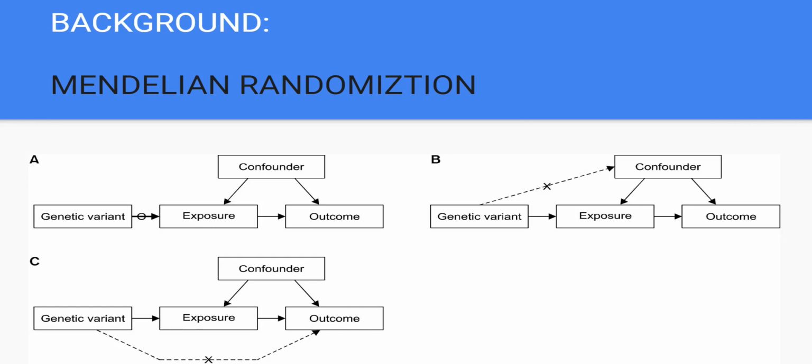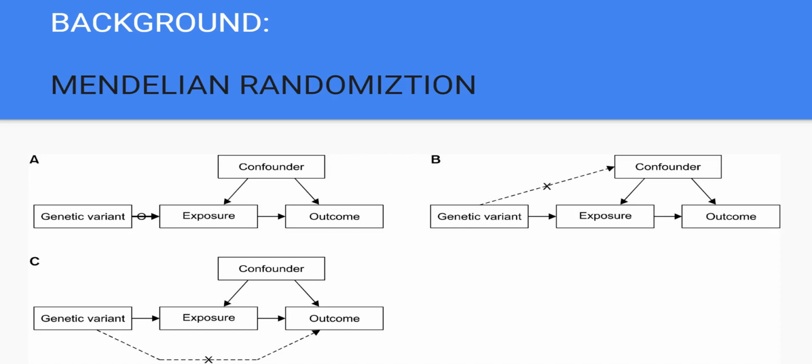Here is a diagram that you can see. It has A, B, C. These are three assumptions that we are going to explain. Here you can see the genetic variant is connected to the exposure. So the first assumption in a Mendelian randomization study is that the genetic variant should be associated with the exposure. And the second one is over here,